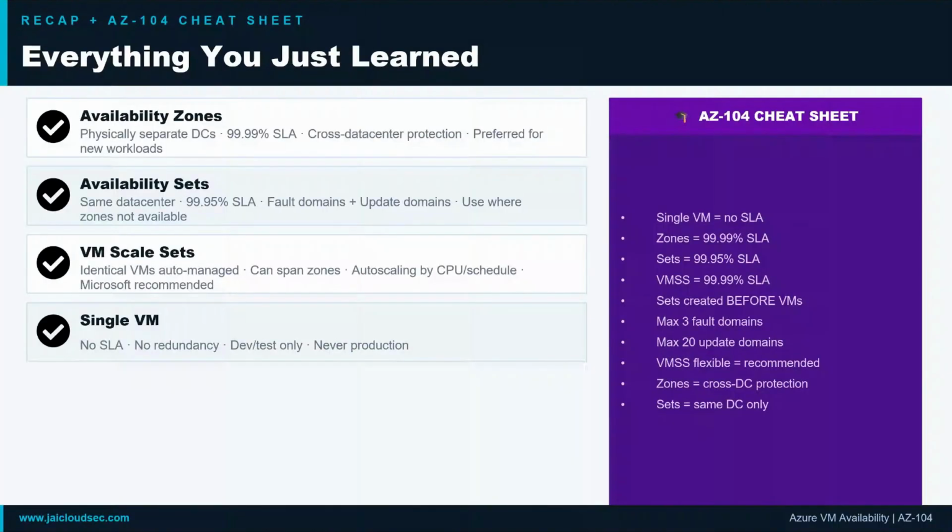Let's recap everything we just covered. Availability zones: physically separate data centers, 99.99% SLA, cross-datacenter protection, preferred for all new workloads. Availability sets: same data center, 99.95% SLA, fault domains protect against hardware failure, update domains protect during planned maintenance, and the availability set must be created before any VMs. Azure Virtual Machine Scale Sets: group of identical auto-scaling VMs, can span zones,